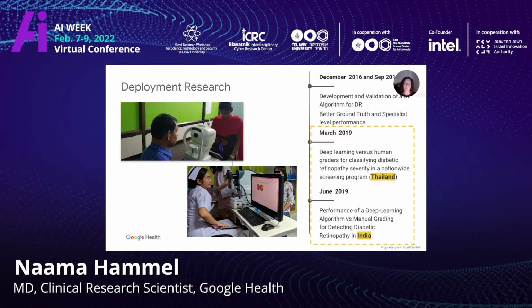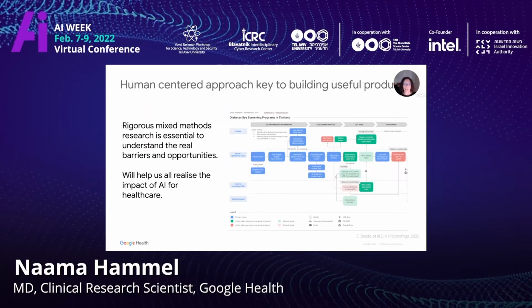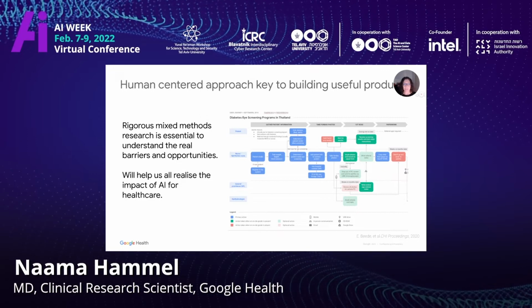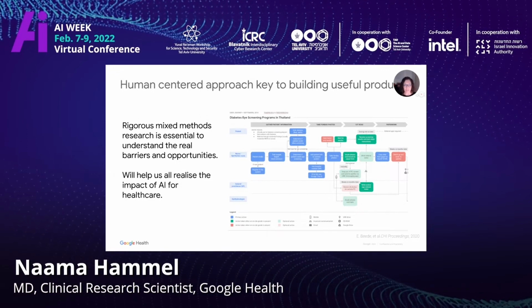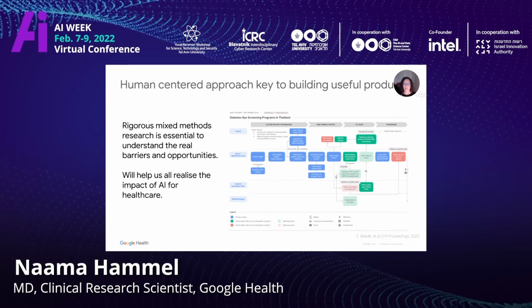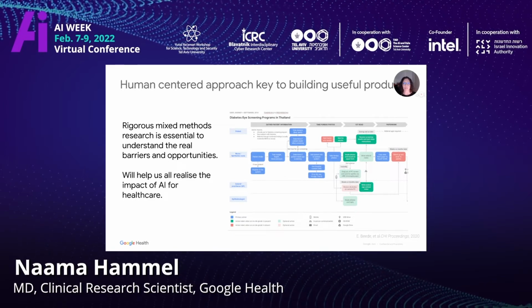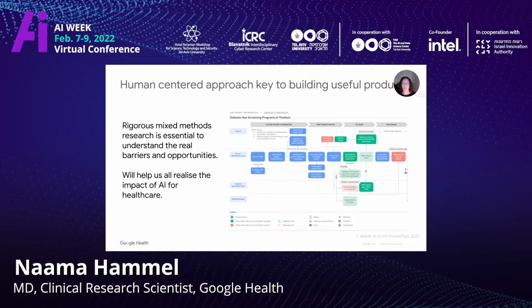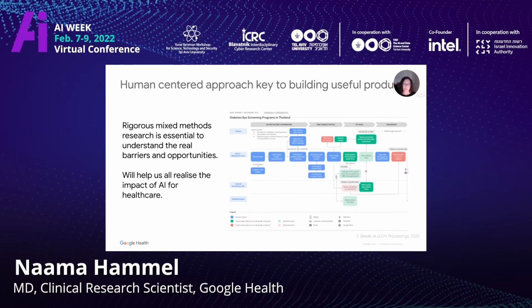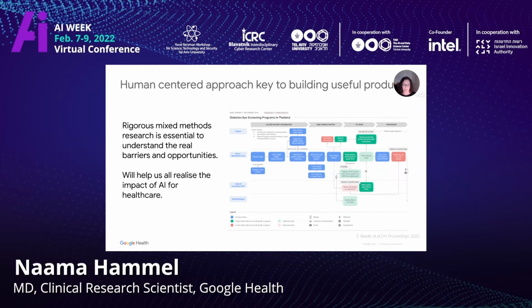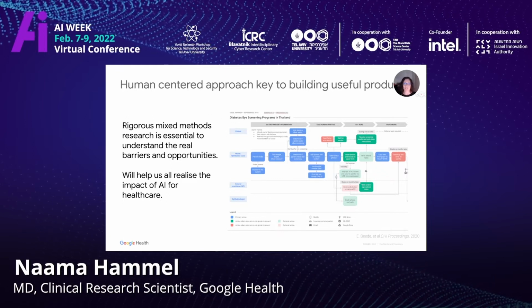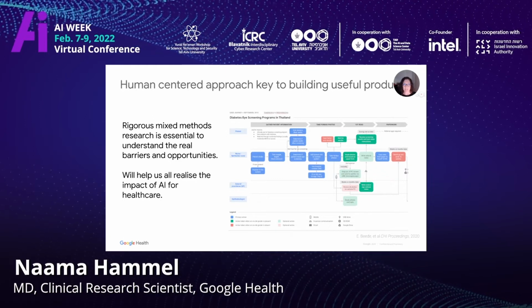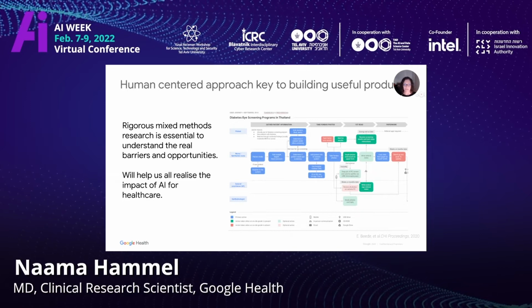And what this actually means is looking deeply into the screening process, mapping each and every person in the process and how introducing this model actually affects them and how the process or the workflow could be improved with the deep learning inside. So this is a human-centered approach, and that is key to building and bringing this into the